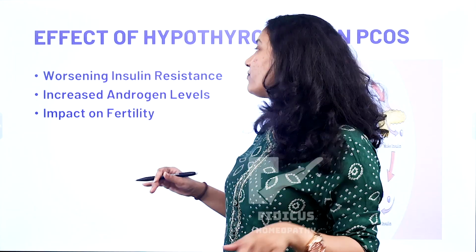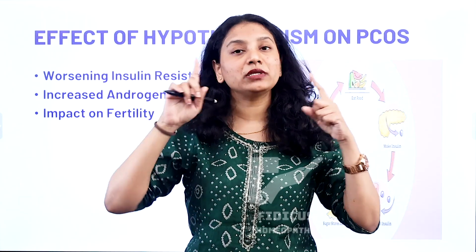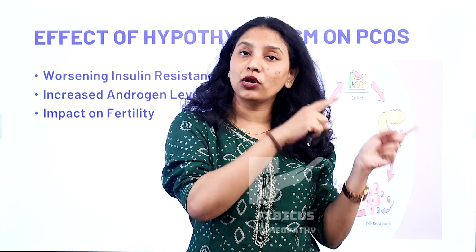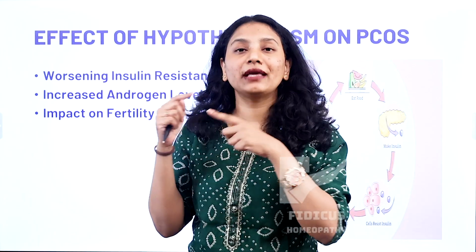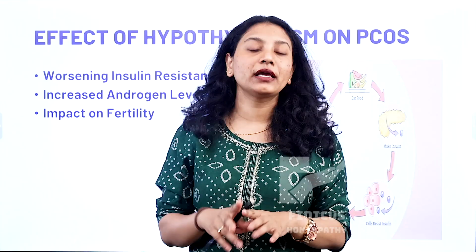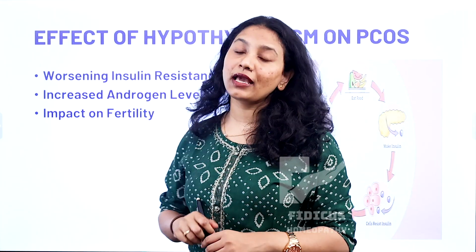So what happens apart from this, there is insulin resistance happening. It happens in PCOS, it happens in hypothyroidism. If it is happening in hypothyroidism and you don't have PCOS, on a longer run it can create a PCOS, and if you're having PCOS, on a longer run it can create hypothyroidism. Both will maintain the insulin resistance, and if both are not taken care of, they can lead into type 2 diabetes. And how is the androgen level increasing in thyroid?